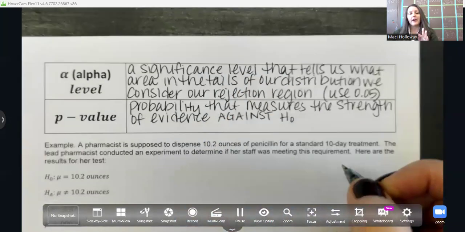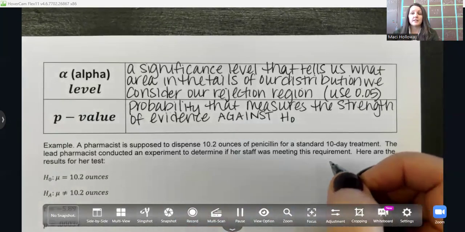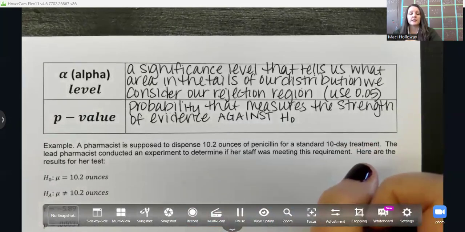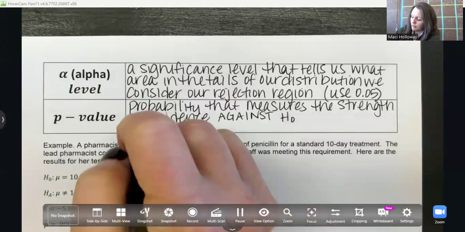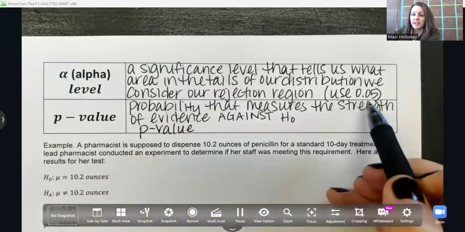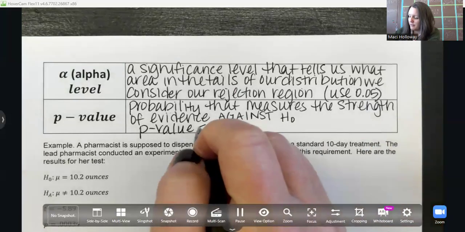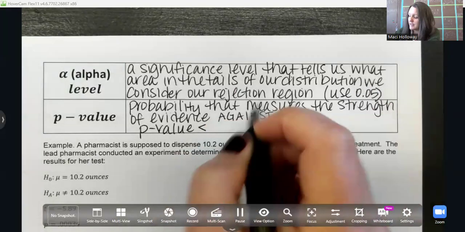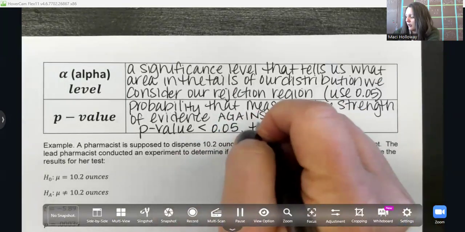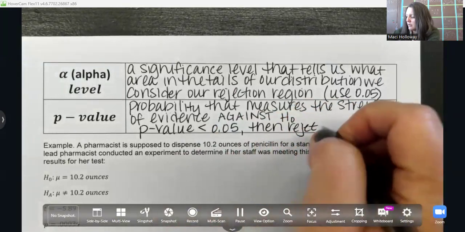So when your p-value is low, the lower your p-value is, the more evidence you have against the null hypothesis. So if your p-value is less than your significance level, our alpha level 0.05, then we know to reject